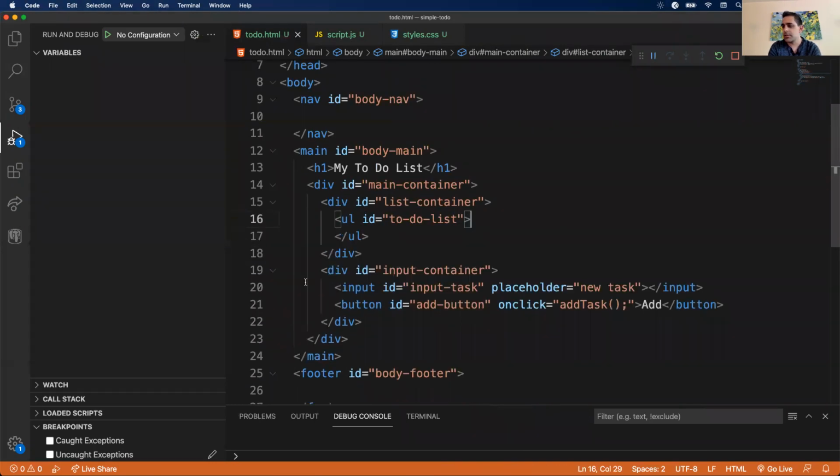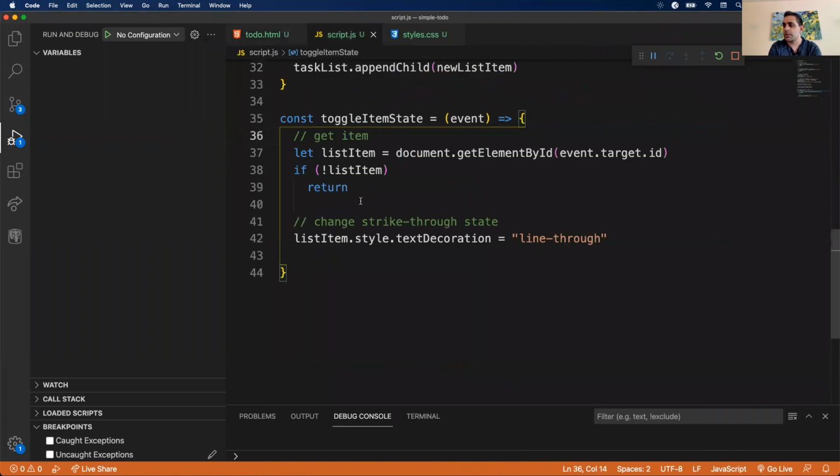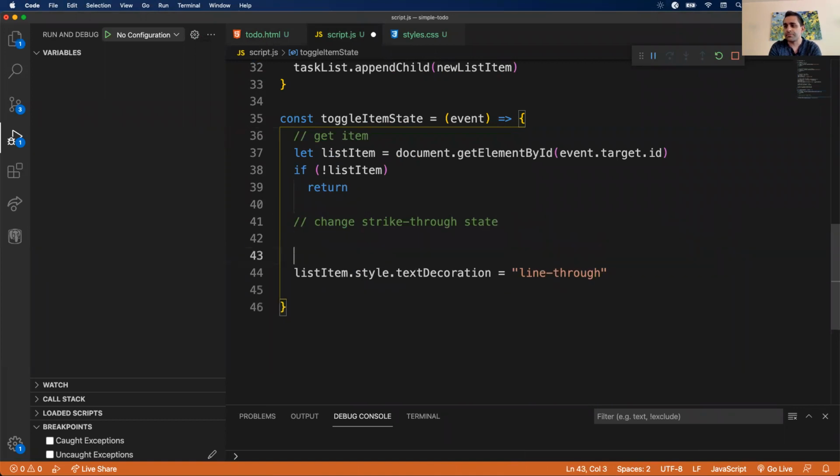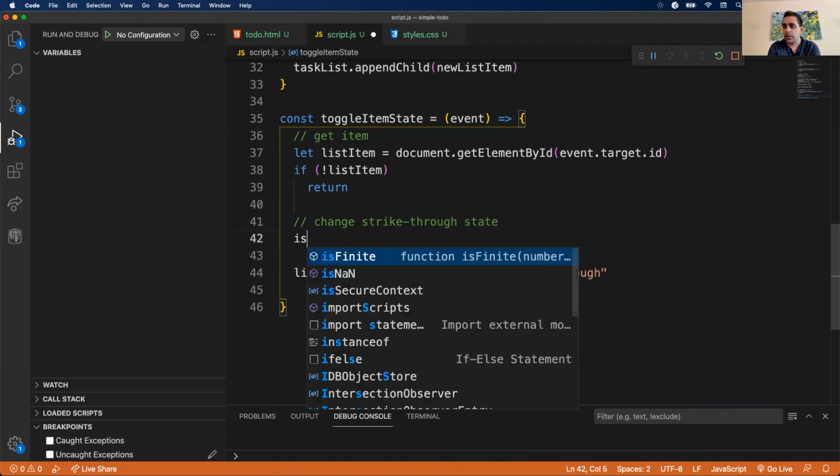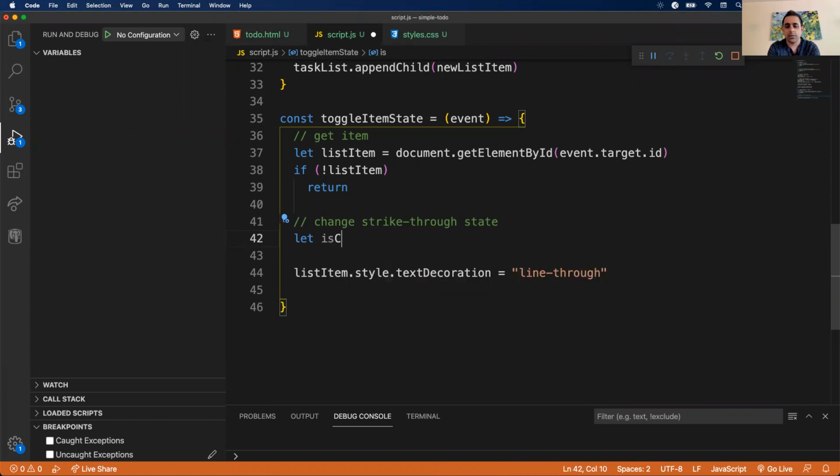This is going to be an empty list. One last thing I need to do: I want this to be toggleable. So for example, let's say I could check off a list, but maybe I need to uncheck it for whatever reason. Maybe it's a task that needs to be redone or I didn't do it properly. So I want to add some logic here. So let's say let isCheckedOff